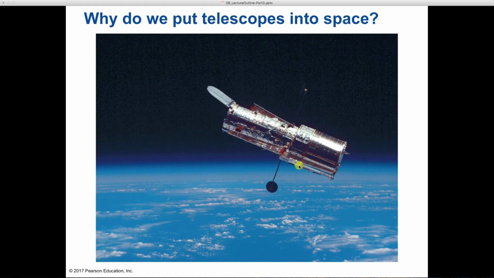And then we could put telescopes in space, and that's a bit more expensive, but it gives you the best images, because in space, of course, there is no atmosphere. So you can get very, very clear images. You don't have to use adaptive optics to compensate for any atmospheric blurring. But it's expensive, it's hard to do. This is the Hubble Space Telescope, which has been up there for quite a while now, and it's still being used, but it's nearing the end of its life.